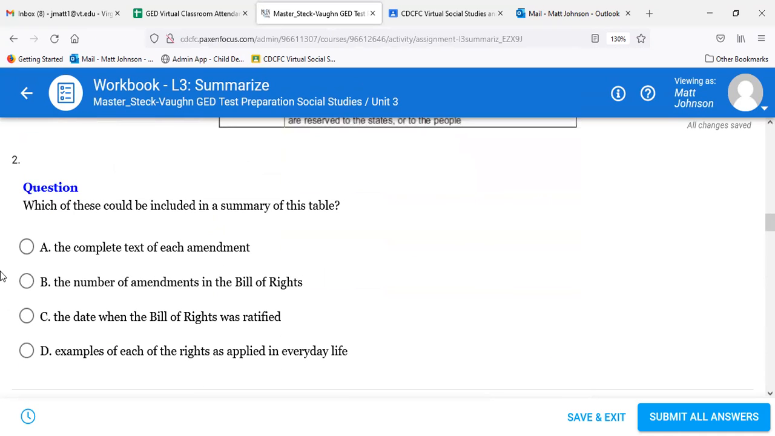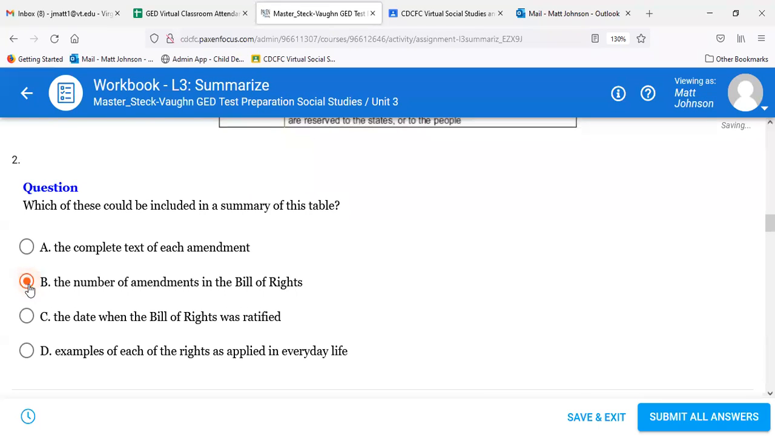Number 2. Which of these could be included in a summary of this table? A, the complete text of each amendment. B, the number of amendments in the Bill of Rights. C, the day when the Bill of Rights was ratified. D, examples of each of the rights as applied in everyday life. I think B, the number of